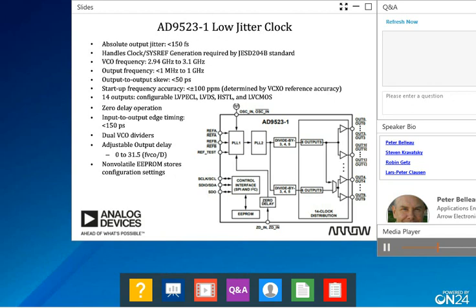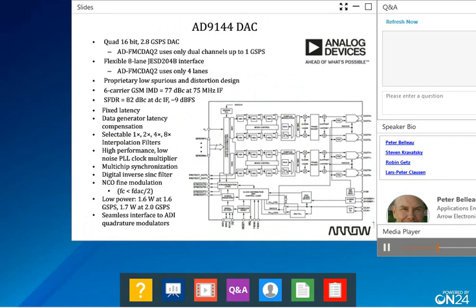The other device is the digital-to-analog converter, the 9144. It's a quad 2.8 gigasample per second DAC. We don't actually use all 4 output channels on this board. We only use 2. It's 8 lanes of JESD204B, and it has a very low distortion design, a spurious free dynamic range of about 82 dB.